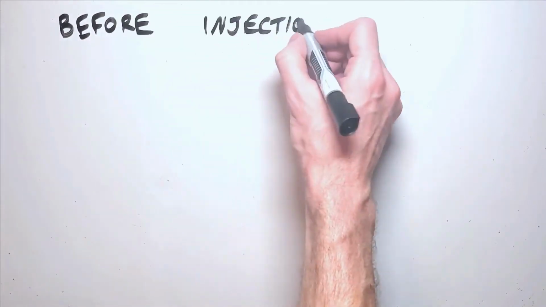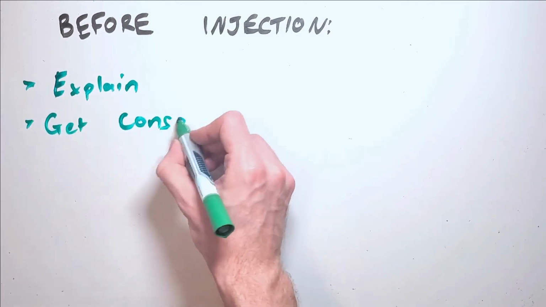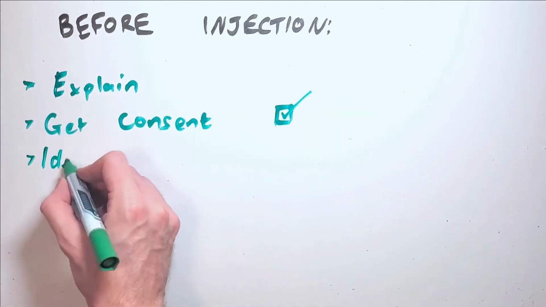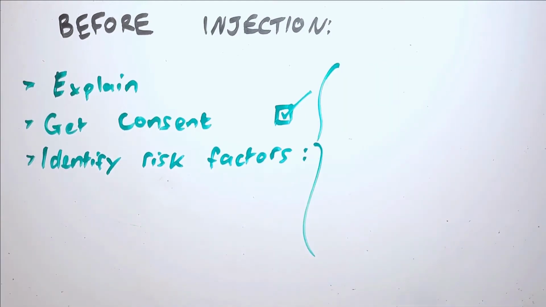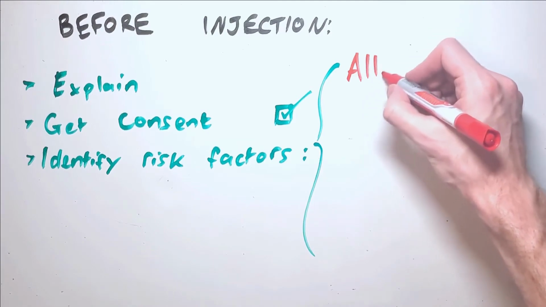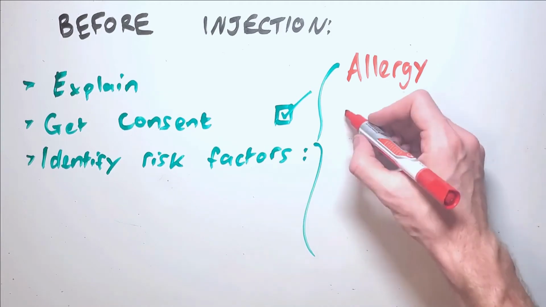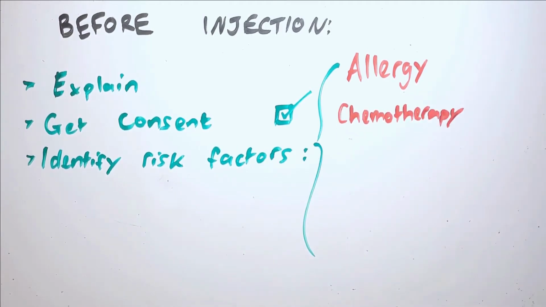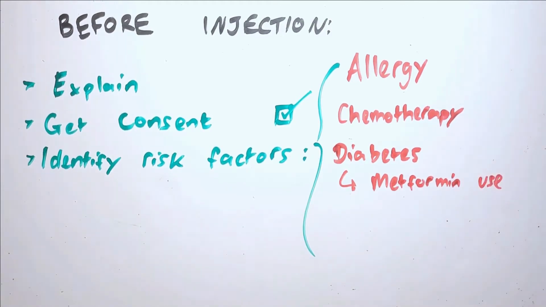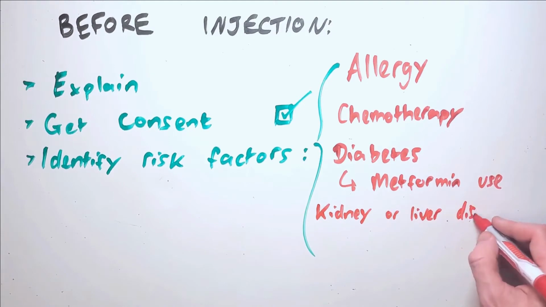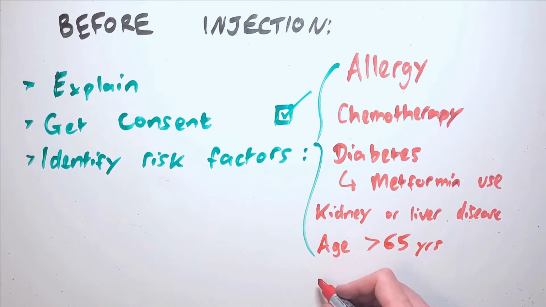Before obtaining IV access, the technologist should explain to the patient why they are getting contrast, obtain consent, and identify if the patient has any risk factors which may contraindicate the use of contrast. Those risk factors could be whether the patient has an allergy to contrast, if the patient has 2 or more other anaphylactic type allergies or has had a contrast reaction in the past, if the patient is currently on chemotherapy, if the patient has diabetes or if they're taking metformin, if they have a history of kidney or liver disease, if they're greater than 65 years of age, or if they have elevated creatinine levels, which indicates that their kidney